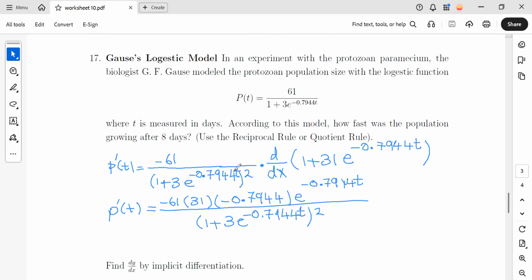There is a t here also. So if we multiply them, we would get 1502 times e to the power negative